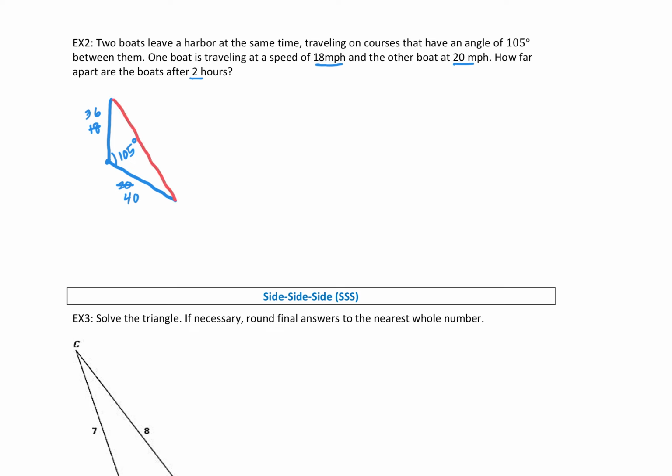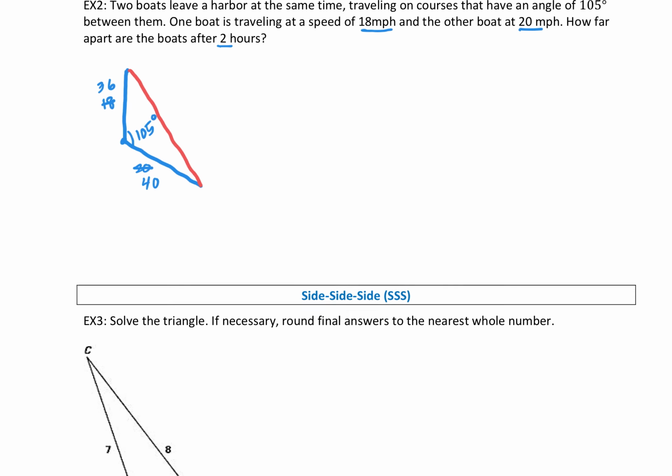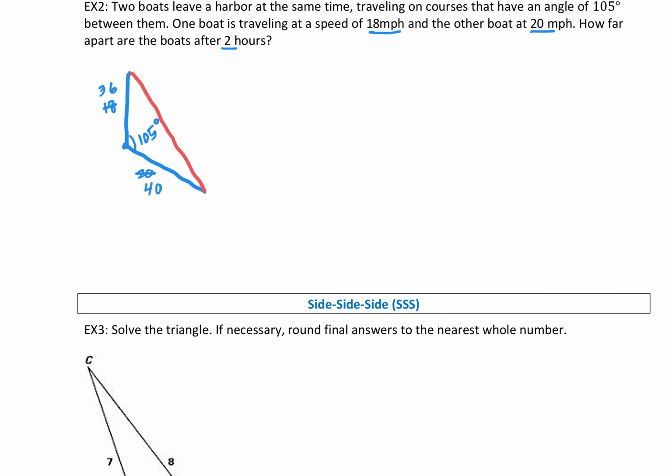So what I'm going to do now is just label sides so that I'm clear about what I'm putting into my formula. I'm going to call the 105 degrees my angle A, maybe the one up top B and C, but it really doesn't matter how you label them. But you do want to label them to make sure that you're putting in the right values for the variables in the formula. That would mean the 36 is opposite angle C. That would represent side C. The 40 is opposite angle B, so that would represent side B, which means that my distance is side A,